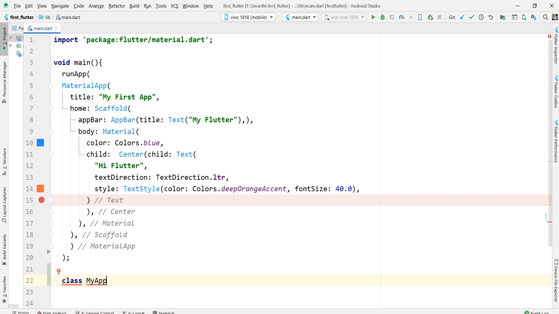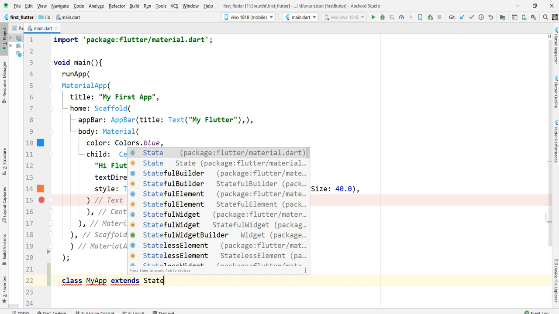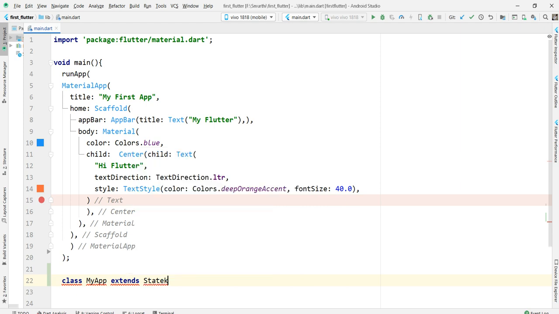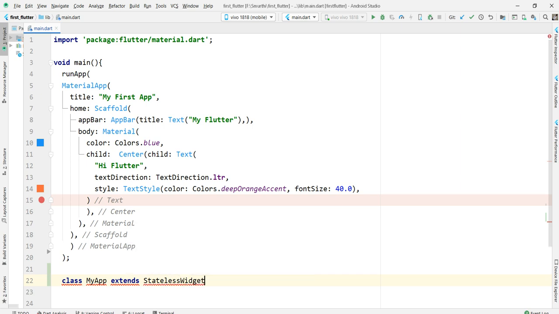The class name I'm taking is MyApp, or my Flutter app. So this extends StatelessWidget. A stateless widget means that the widget itself is stateless, so we can't create states for it.